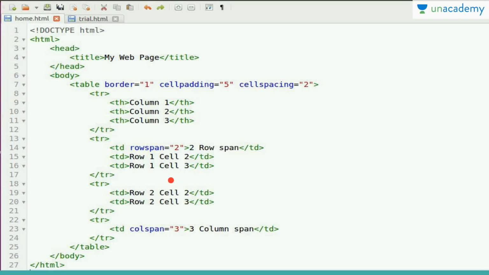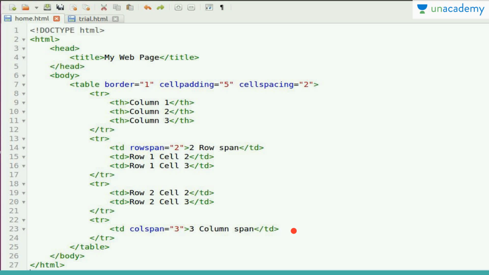This is the same as before except for rowspan and colspan. So what is rowspan? In your first row you have mentioned a rowspan of 2. That means this column is going to take the place of 2 rows. So while mentioning the second row we have only 2 columns, because the third column of this is mentioned in the first row with a rowspan of 2. In the third row we have a colspan of 3. That means this column is going to take the space of 3 columns.